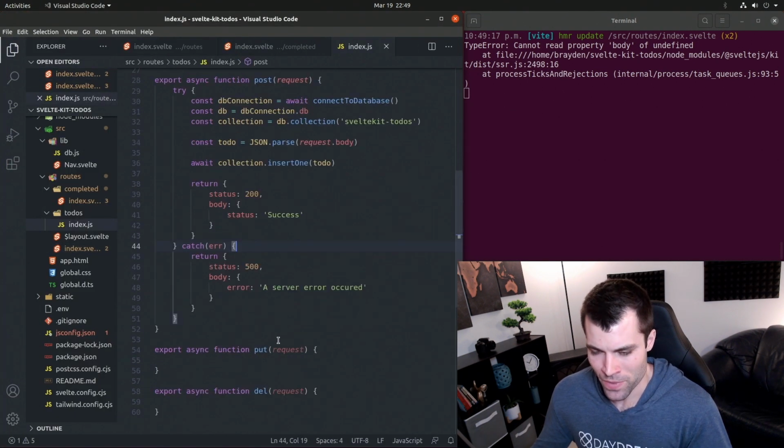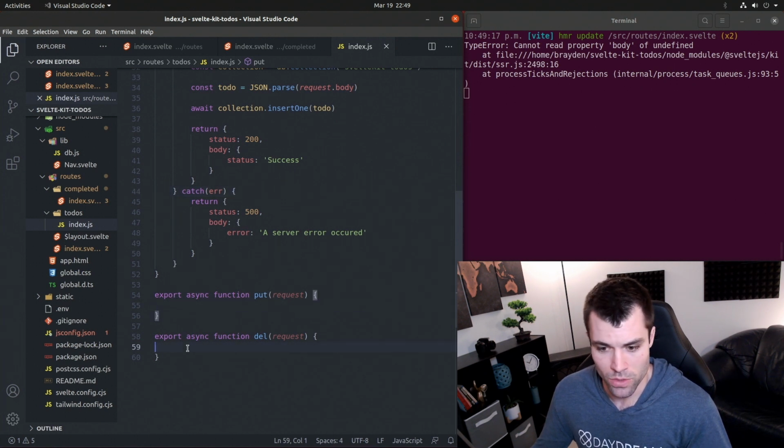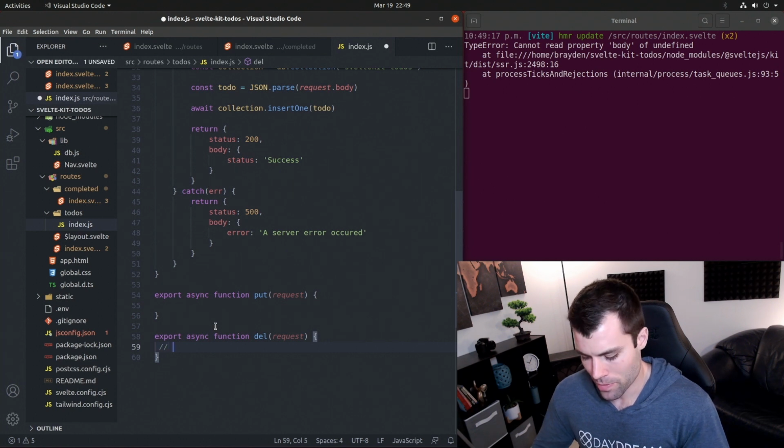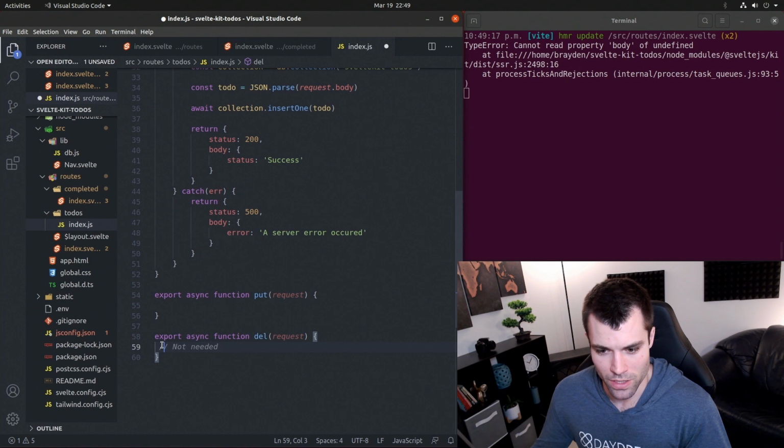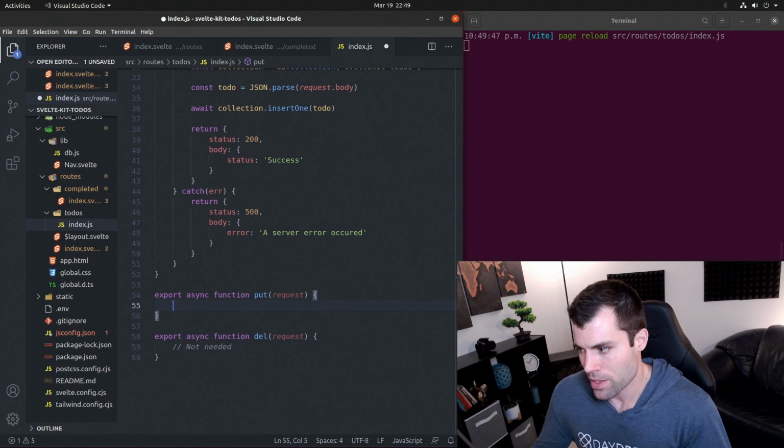Okay, so if we go back, now we need to implement our PUT server route, and we could also implement a delete server route at this point. We won't implement the delete server route because we don't actually need it for this. We're not going to do deleting a to-do just because I don't want this video to be too long, but you could if you wanted to. And I'll also show you at the end quickly how we could request a single to-do if our app needed to. But let's implement the PUT method so that we can see how we would update a to-do